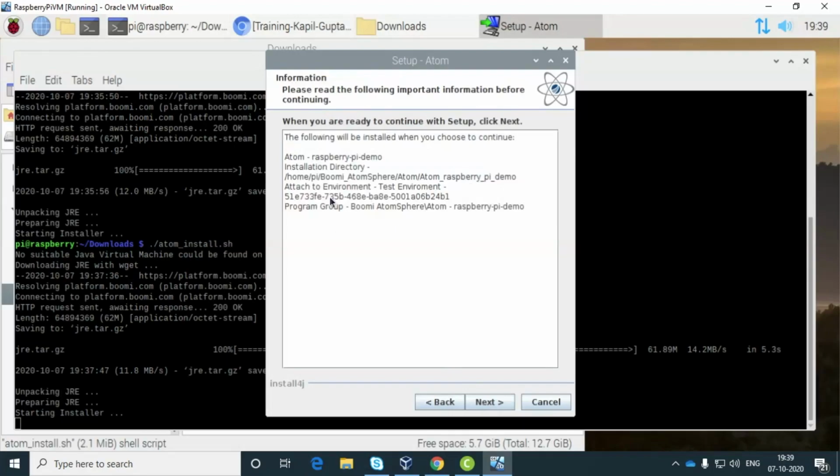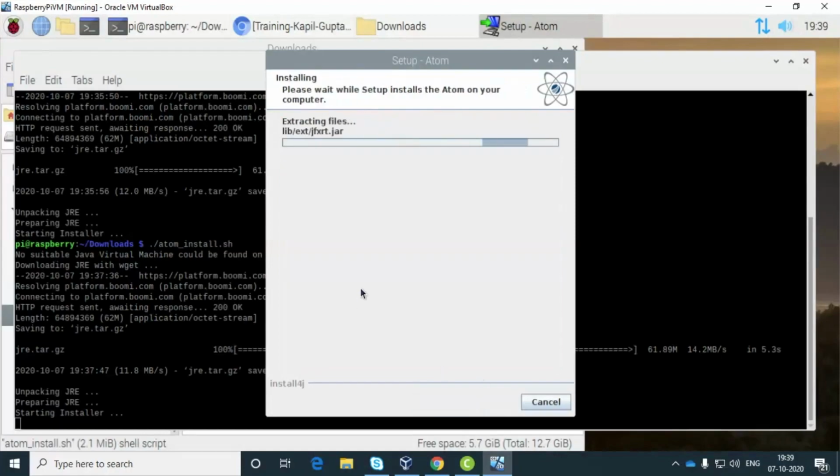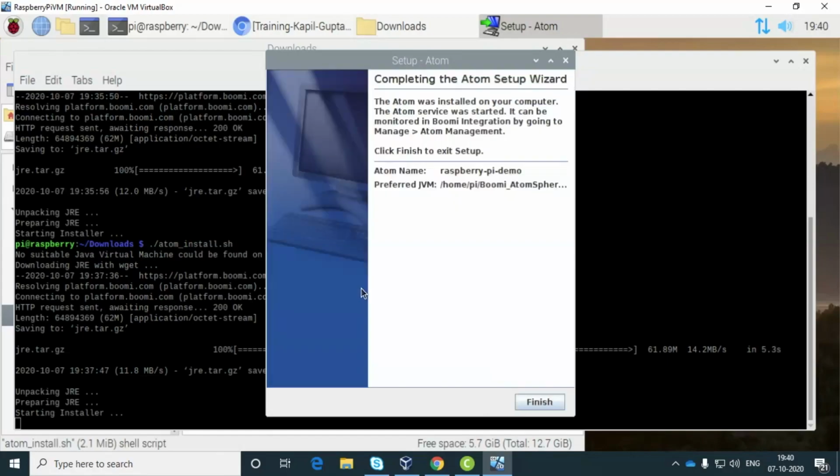This is the summary page now. Click next. You can see the details over here in the summary page, and it will start extracting the files now, and in a few minutes it will install the atom. It's downloading the atom file now. You can see finish. Click on finish,